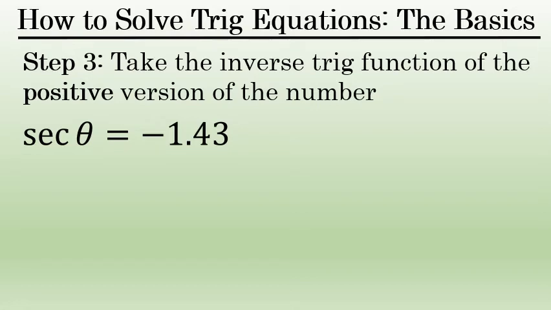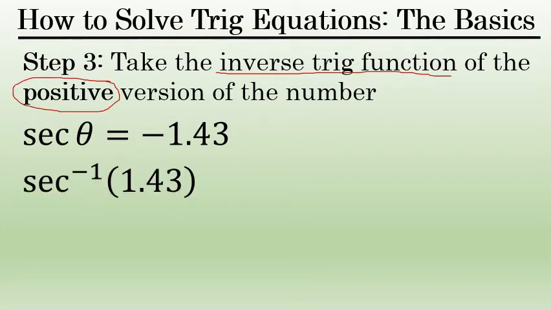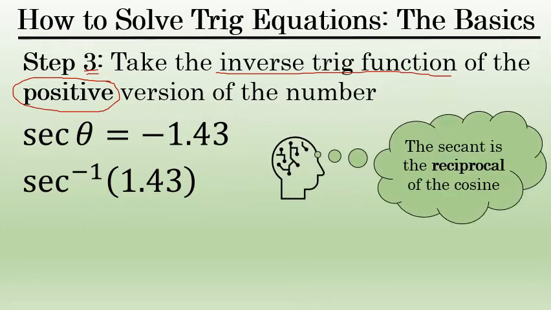Now that we know the quadrants of the solutions, we're going to use the inverse trig function. I have the secant of theta equals negative 1.43. But in this step, I'm going to take the inverse secant of the positive version of the number, inverse secant of 1.43. That will make my next step a little easier, and we'll discuss in step 4 how to find our final solutions. The inverse secant of 1.43 is, well, my calculator doesn't have an inverse secant key, but remember, the secant